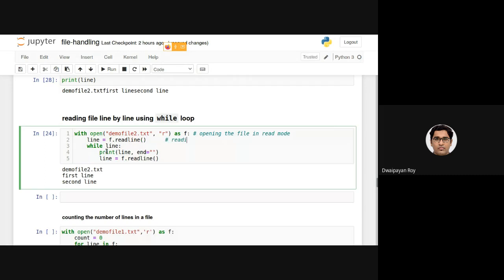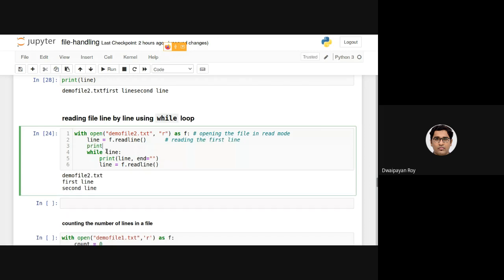Then it is reading the first line. If we exclude the rest and have only these two statements, if I execute this, what will be the output?